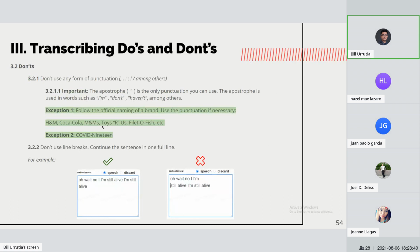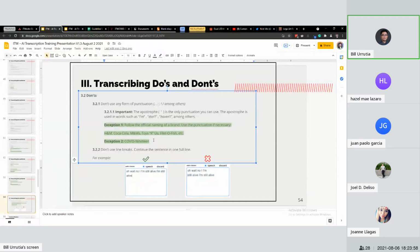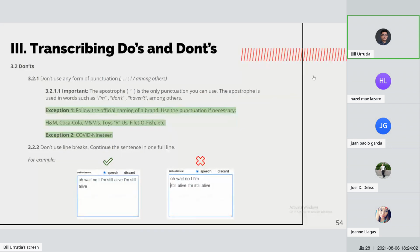Exception, another exception. Follow the official naming of a brand. So use the punctuation if necessary. H&M, yan, ampersand. This is called the ampersand, right? Coca-Cola, hyphen yan, hyphen. Coca, hyphen, cola. M&M's, Toys R Us, filet o fish. Actually, iba ata yung spelling ng M&M, sorry. It's supposed to be with an apostrophe. Here. H&M, Coca-Cola, M&M's, Toys R Us, yung quotation marks ng Toys R Us, filet o fish, pati yung mga